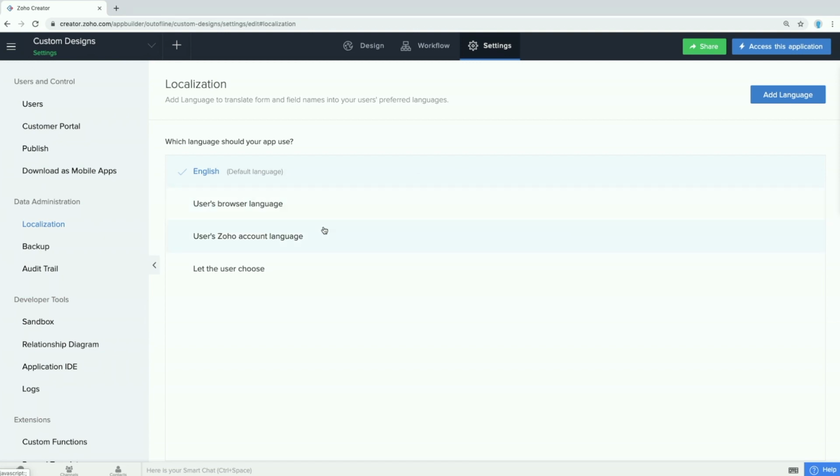So for the purposes of this demonstration, we're going to say that Out of Line Designs, David Ingus, the fake owner of this fake business, has done some research, and it shows that they've got a lot of traffic coming in from Mexico. So it might be a good idea to localize their app to support Spanish, because maybe that'll generate a lot more orders. So we're going to go ahead and go through with that process of adding the Spanish language.